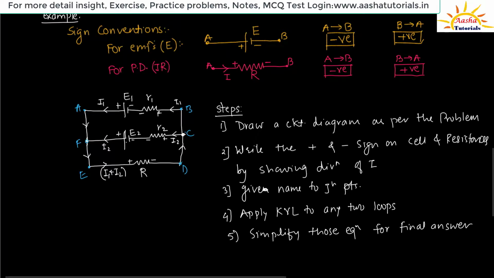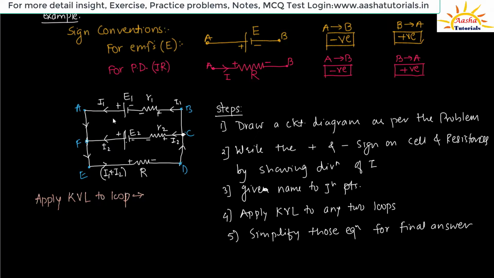So suppose I apply Kirchhoff's voltage law to a loop. How many loops are there? If you carefully see in the figure, there are three loops. In this example, I'll write the equations for all three loops, and these loops we can consider in any clockwise or anti-clockwise direction. So first let's see what those loops are.